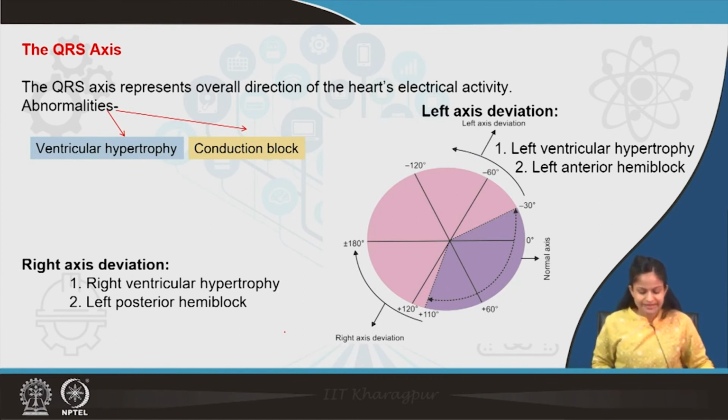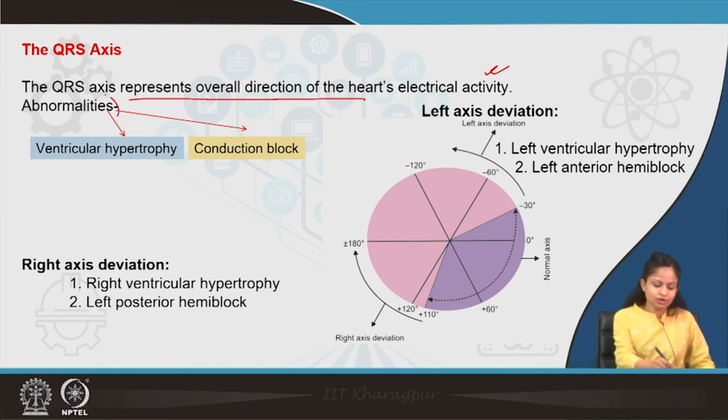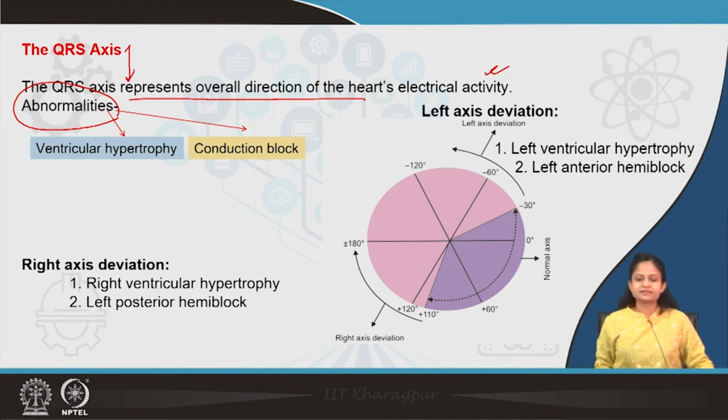Now, the question is how to calculate the cardiac axis. The QRS axis or the cardiac axis represents the overall electrical activity, the direction in which this electrical activity of the heart is occurring. The overall direction of the heart's electrical activity is represented by the QRS axis or the cardiac axis. Any abnormalities in this QRS axis indicate either there is a conduction block, or there is ventricular